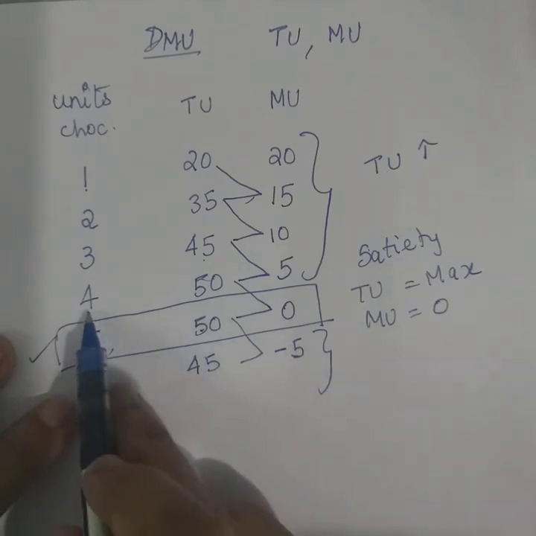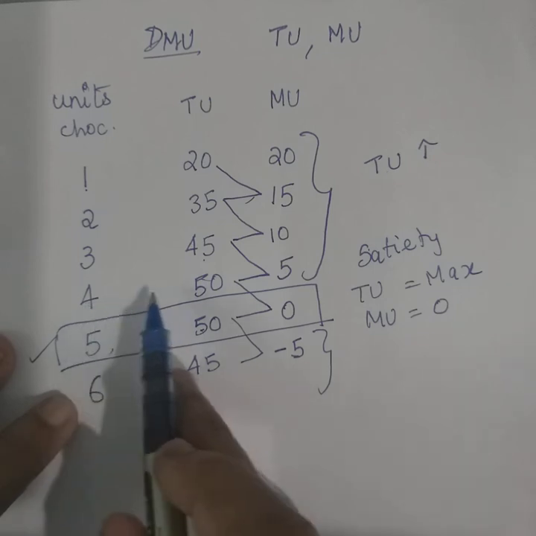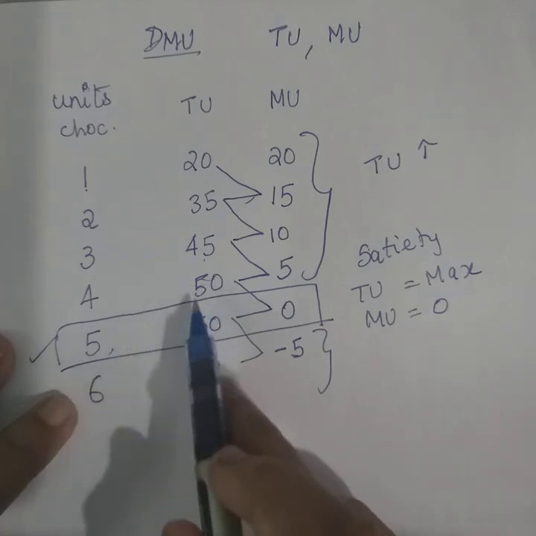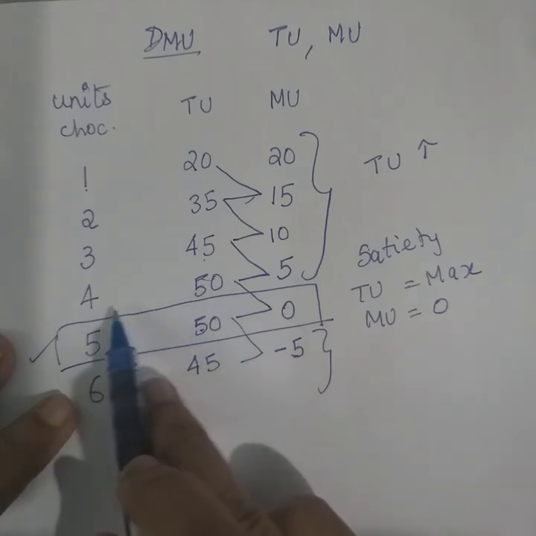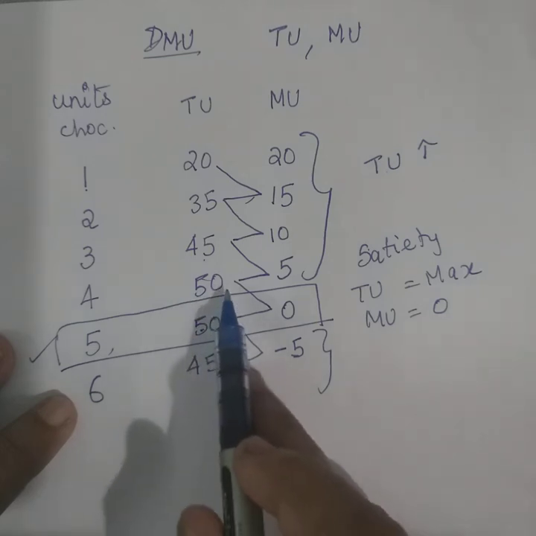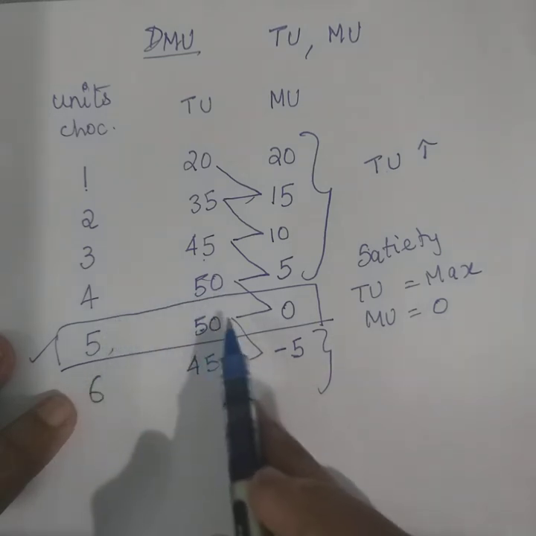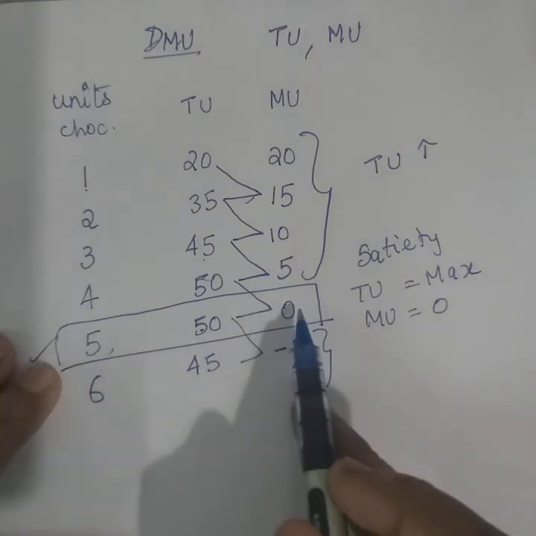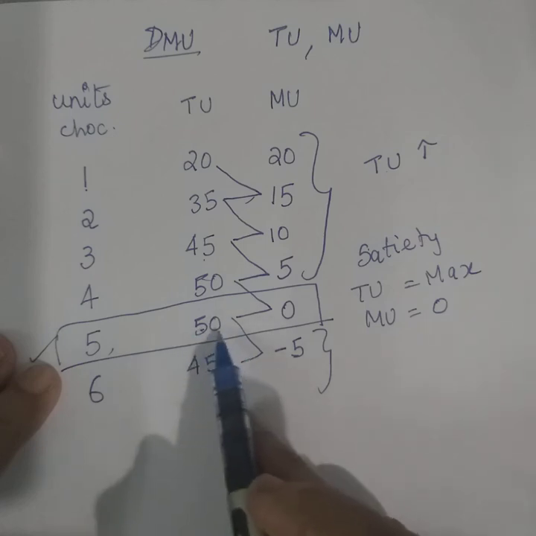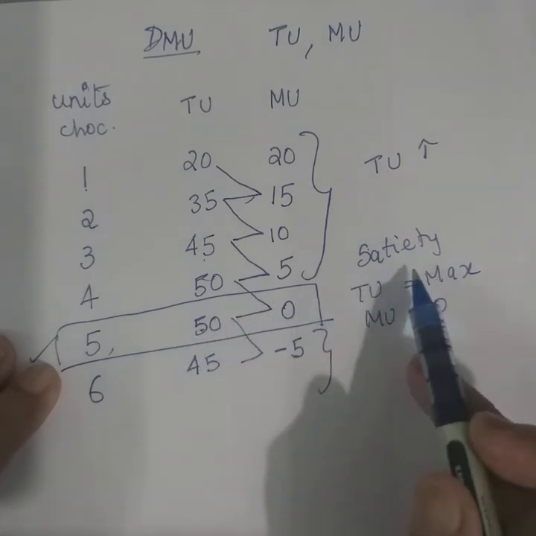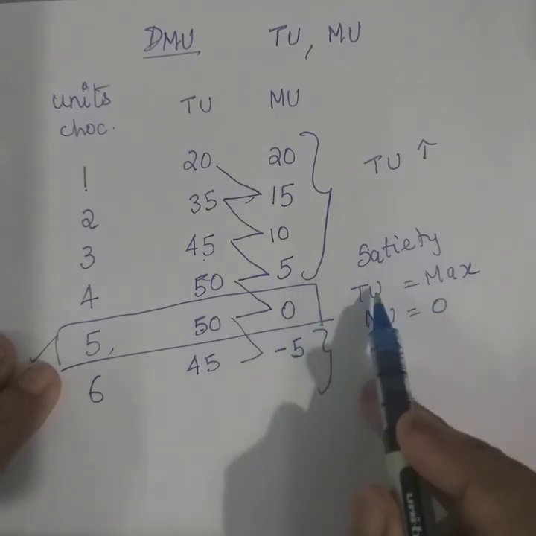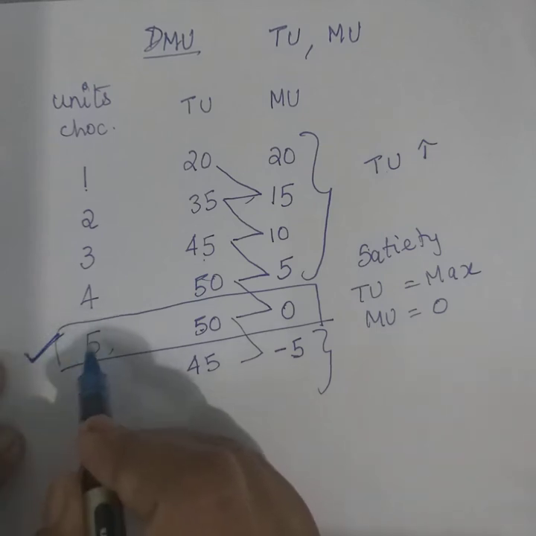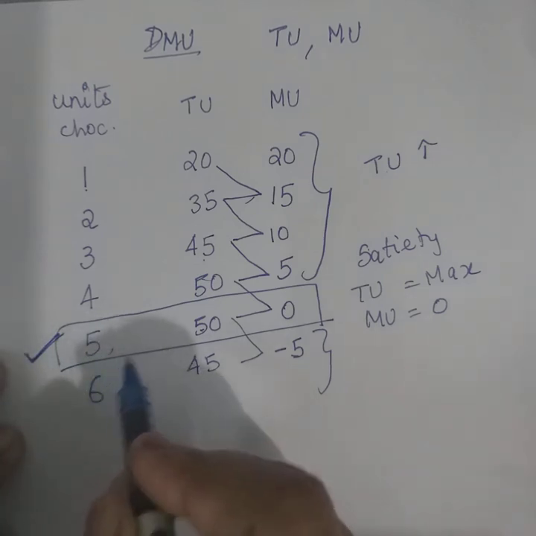Right? And the person may not stop at the 4th unit either, because there is still scope, and he doesn't know whether he has maximized his total utility or not. To understand that he has maximized his total utility, probably he goes on to consume the 5th unit. That is when the additional utility becomes nil and the total utility becomes maximum. That is when he reaches the point of satiety. Right? So maximum satisfaction is attained at this particular point, when a consumer consumes 5 units of chocolates.